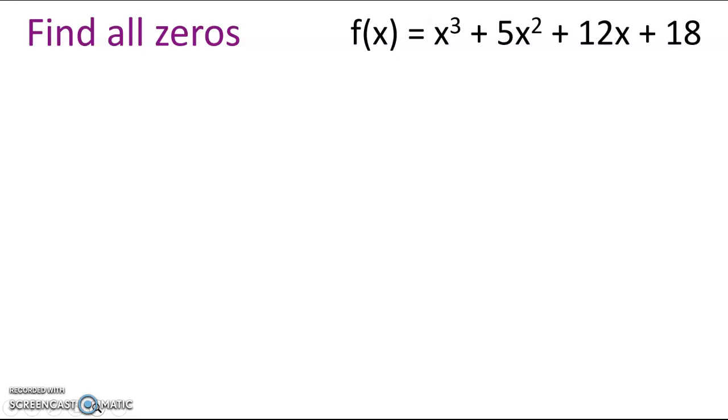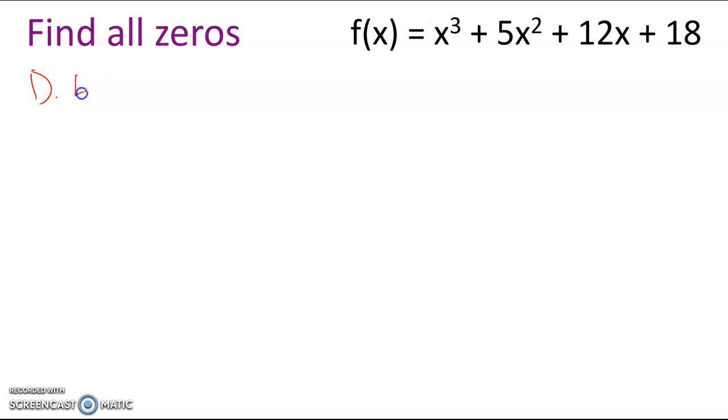So I got the second example up here. So finding all the zeros of x cubed plus 5x squared plus 12x plus 18. This is technically skipping, I think, an example in your notes. I think this is the only other example I'm going to work out in your notes. I didn't work them all out. But with this, again, I'm just going to set up